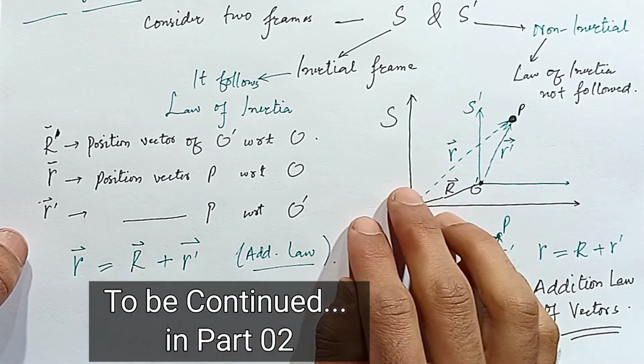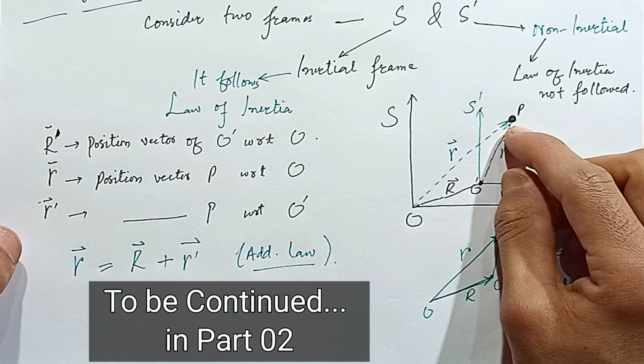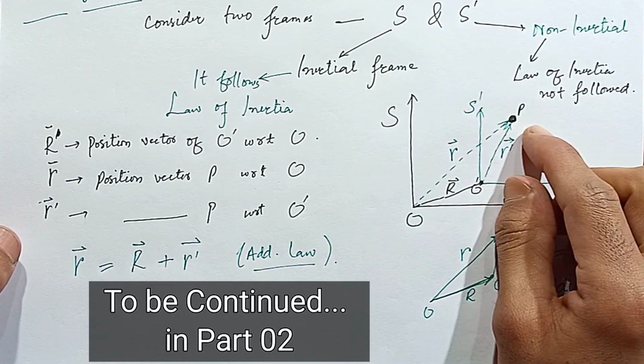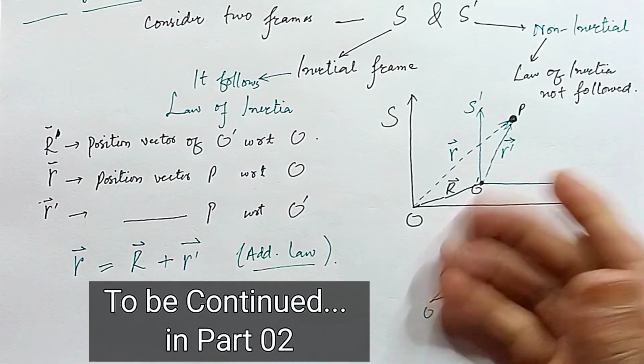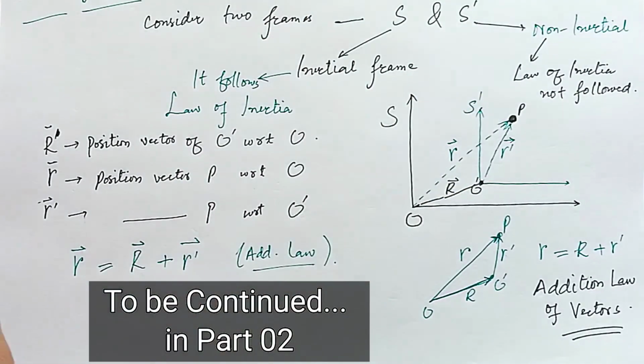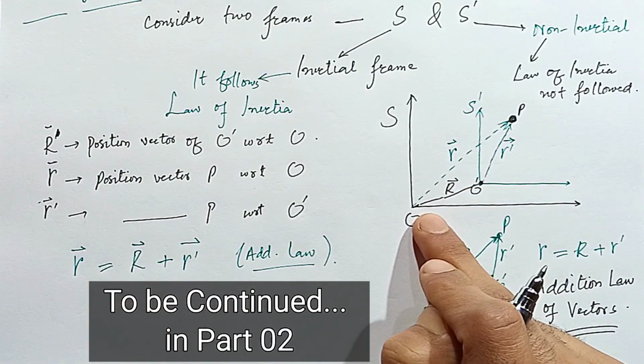So we have to observe whether a force is applied onto this body or not. To get that acceleration, we know the acceleration is the double differentiation of the position vector. So with respect to this O, the inertial frame of reference,